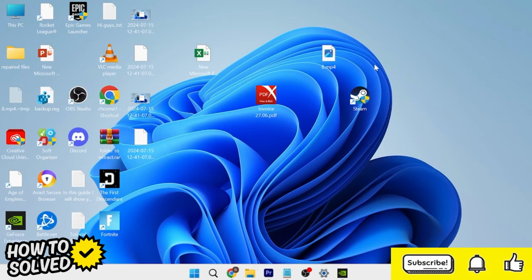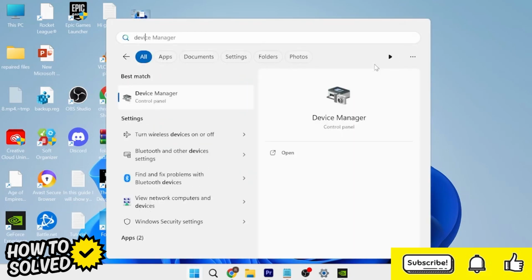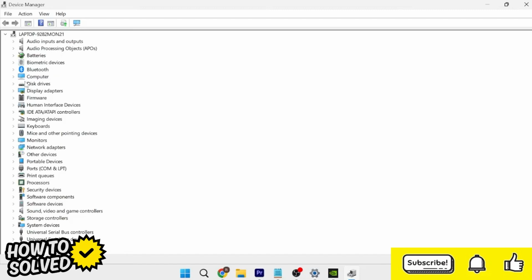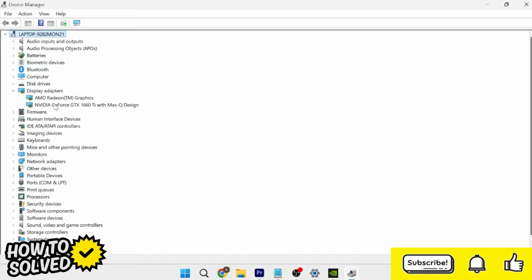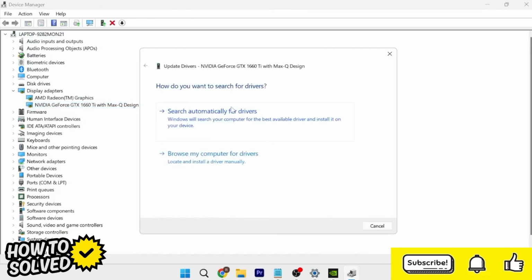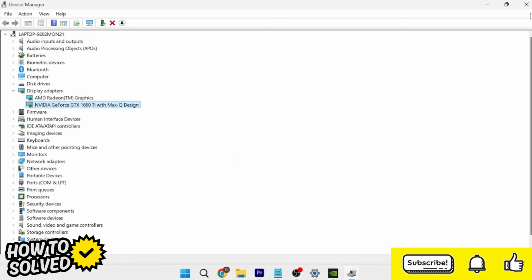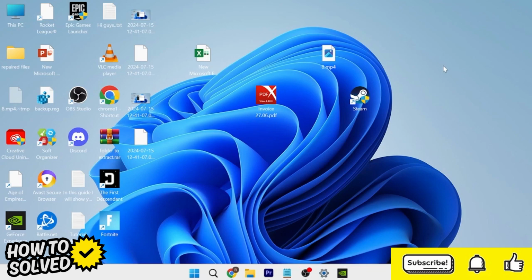And the last thing you're going to do is head over to your start menu, search for Device Manager, and then head over to the Device Manager panel. Now from here, we need to come over to Display Adapters and expand this list. You need to locate your NVIDIA graphics card inside of here. Then we just need to right click on our NVIDIA graphics card, come into Update Driver, and press Search automatically for drivers. Once you've ensured you're running the latest drivers on your device, we can then close out of these windows and try launching the GeForce Experience, and that should fix any issues you were experiencing when it comes to optimizing your